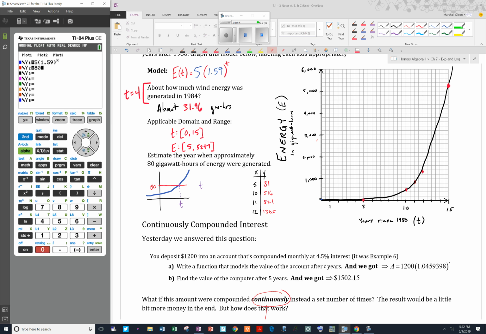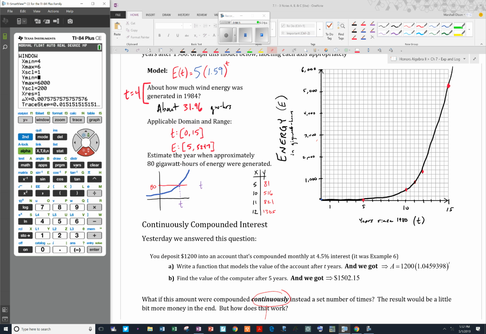So I'm going to put in 80. I'm going to hit graph, and look at how, I mean, that's going to be really hard to deal with right there. So I'm going to zoom into that area. I'm going to go to my window, and I'm going to zoom into that area. I know that it's around 5, so I'm going to go from year 4 to year 6,